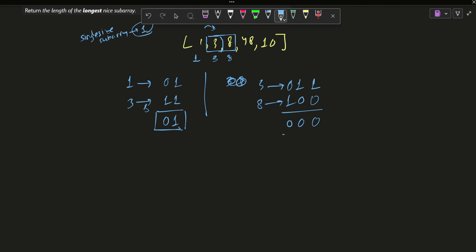And we can see that if we do an AND operation of 3 and 8, we get 0 0 0. So we know that these two when ANDed with each other give 0. So this is a possible answer. Now when we are including 48, we have to check that 48 ANDed with 3 and 48 ANDed with 8 both of these should give a 0 answer. Otherwise, if any one of these gives a non-zero answer,